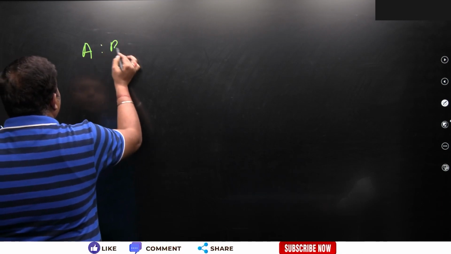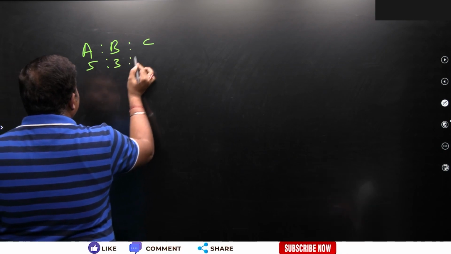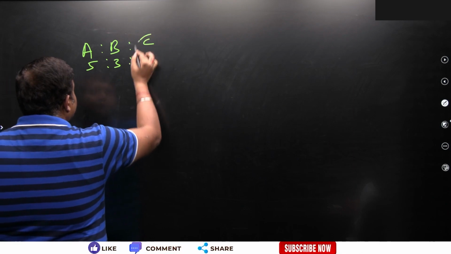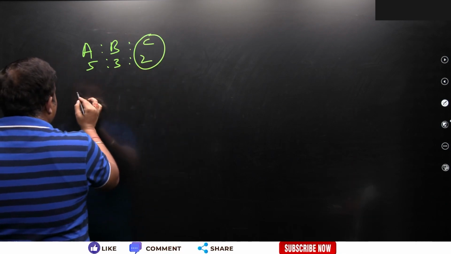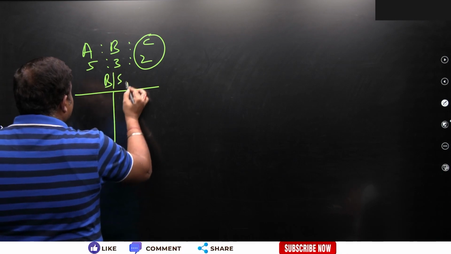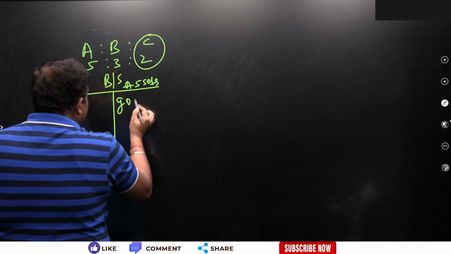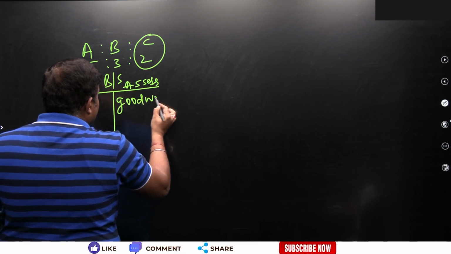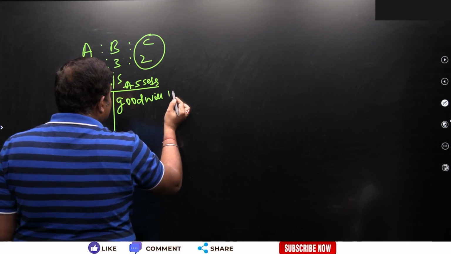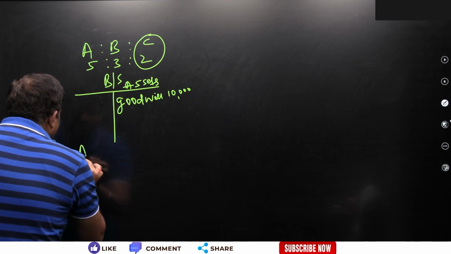Suppose A, B and C were the three partners having a profit and loss sharing ratio of 5 is to 3 is to 2. Okay. And suppose C retires and they have given you the balance sheet, in the asset side they have given you the goodwill. So, this is your appeared goodwill, the goodwill which is given in your asset side, and appeared goodwill is given as rupees 10,000. Okay. In the additional information,